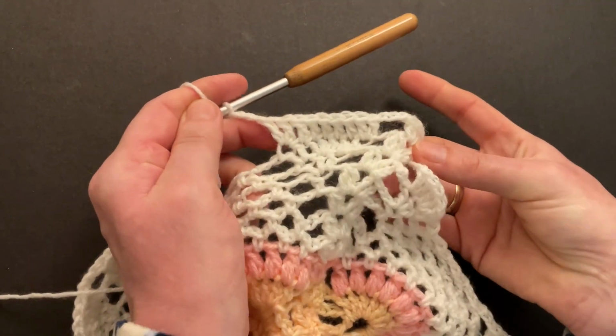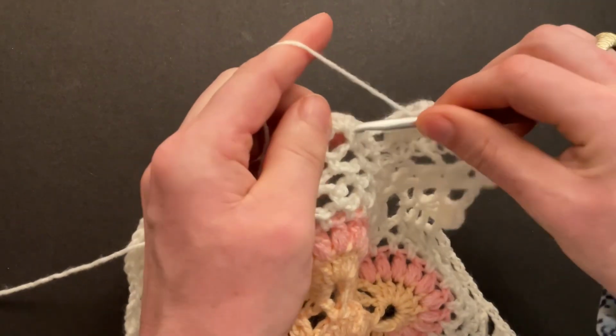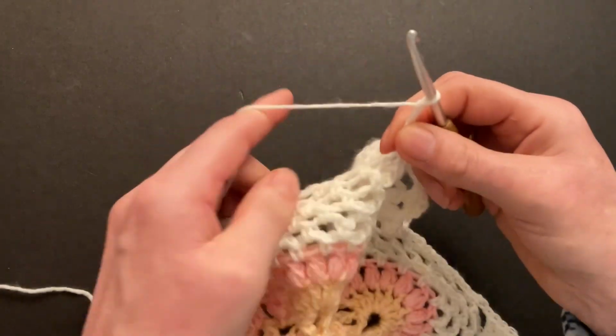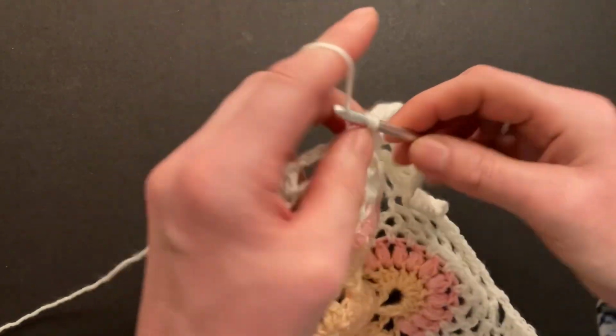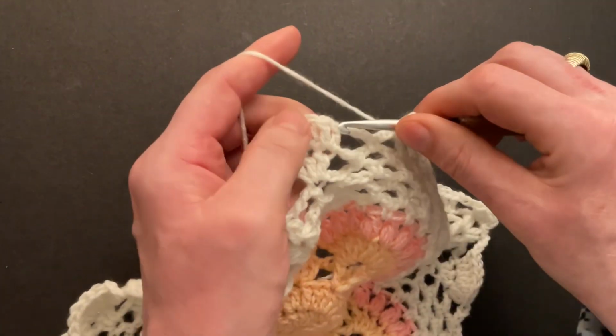And now we make 2 chain spaces. Skip to the chain space of 3 on top of your pineapple stitch, single crochet into the chain space, chain 3, single crochet into the next chain space, chain 3, single crochet into the next chain space, and chain 3, and now repeat again. Make 2 doubles into the first double,